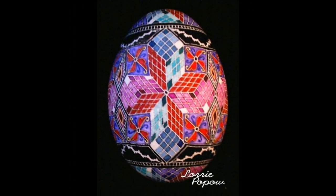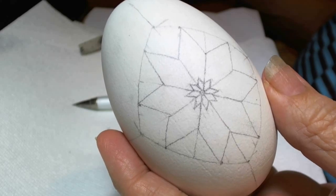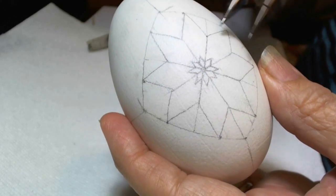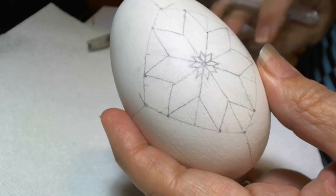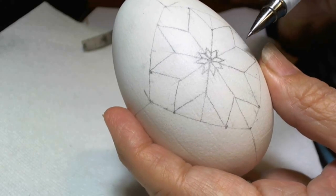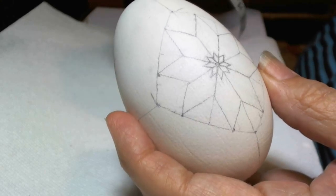This design, as you can see, shows flowers. Little flower in the middle and a bigger flower on the outside. These flowers are made out of diamond shapes. To start,